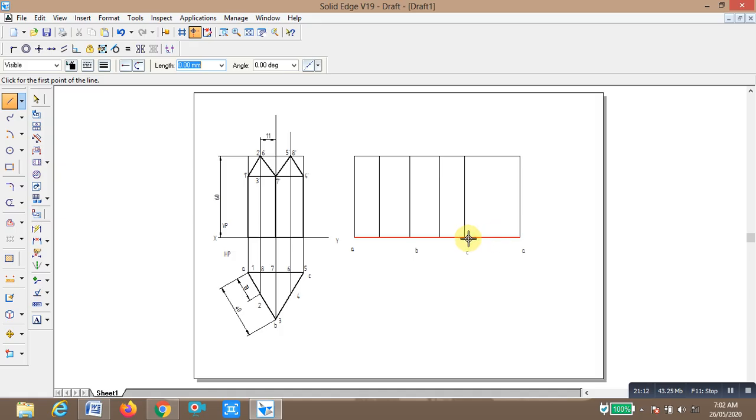So first you draw the vertical line, and from the center line, here this is the point C to A, this line is exactly at the center, this is the center line.